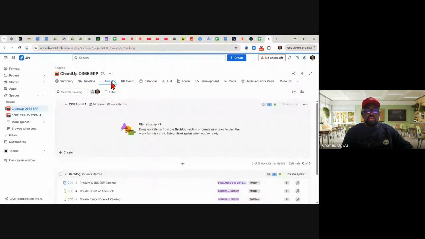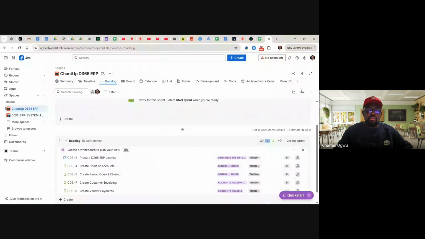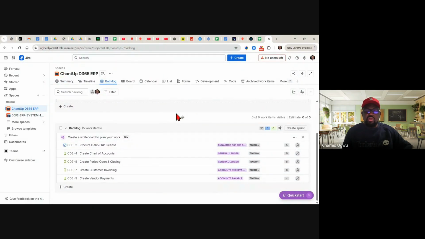And if you go to backlog, you can see we'll have some work items. You can see here we have 30 story points available. So this means that this is work available. These are what we will refine. So we can even start a sprint today.